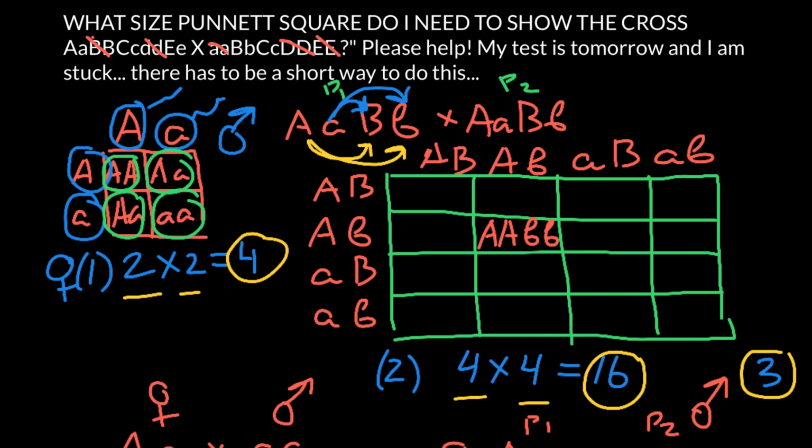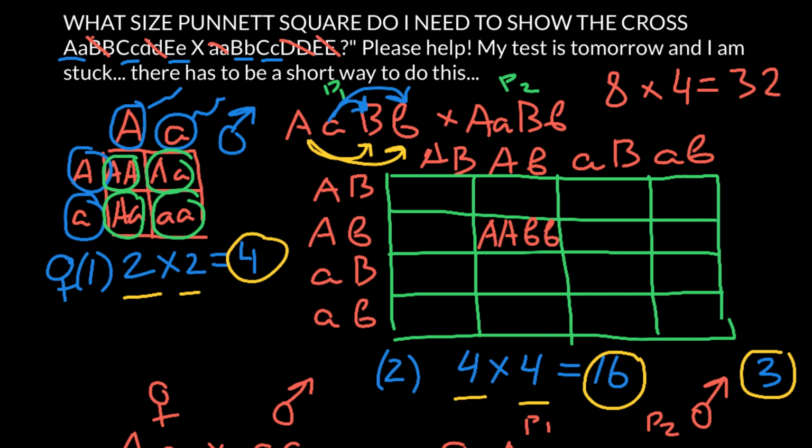So our answer would be that our Punnett square is going to be 8 combinations of the gametes parent 1 can produce by 4. This is going to be the number of combinations of the gametes that parent 2 can produce. So our Punnett square is going to have only 32 cells instead of